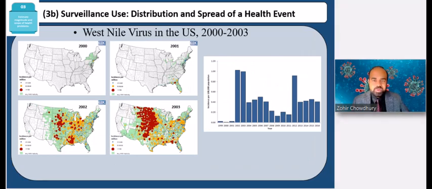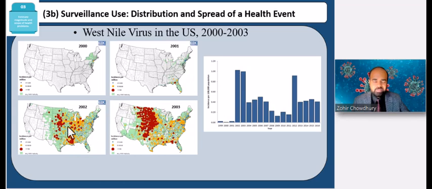So surveillance can also be used for understanding distribution and spread of health events. And here we can see this West Nile virus spread in the US from 2000, 2001, 2002, 2003. You can see this classic example of the spread of West Nile virus, starting from the East Coast, going all the way up to the center of the United States, and then eventually up to the West Coast as well. Here you can see the number of incidences in 2000, and then the rise by 2002,